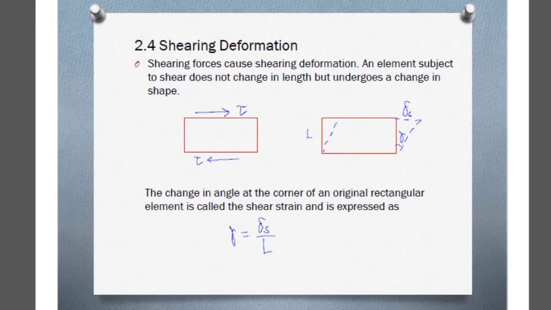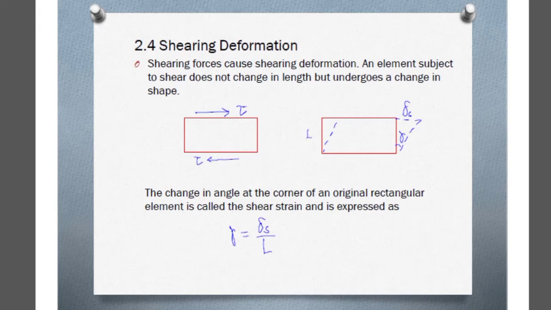Topic number 4, we have the shearing deformation. Shearing forces cause shearing deformation. An element subject to shear does not change in length but undergoes a change in shape. If you remember, under the topic of the axial deformation, you have your change in length if the body is subjected to tension, therefore it elongates, and if it is under compressive forces, then the body shortens. So in here,